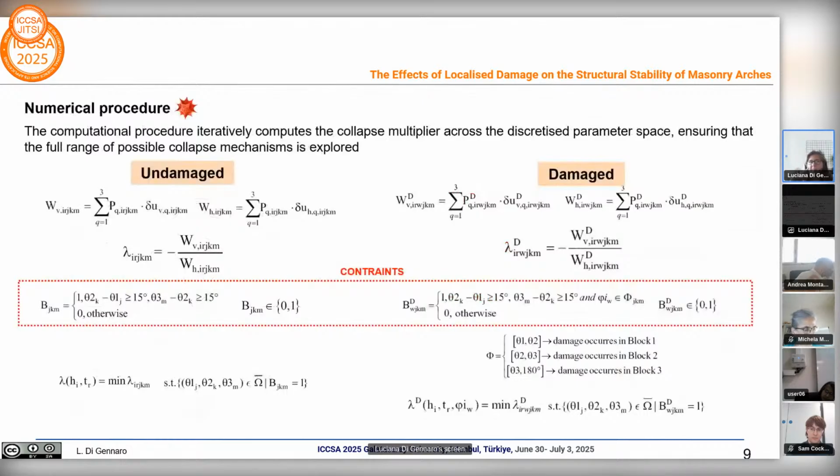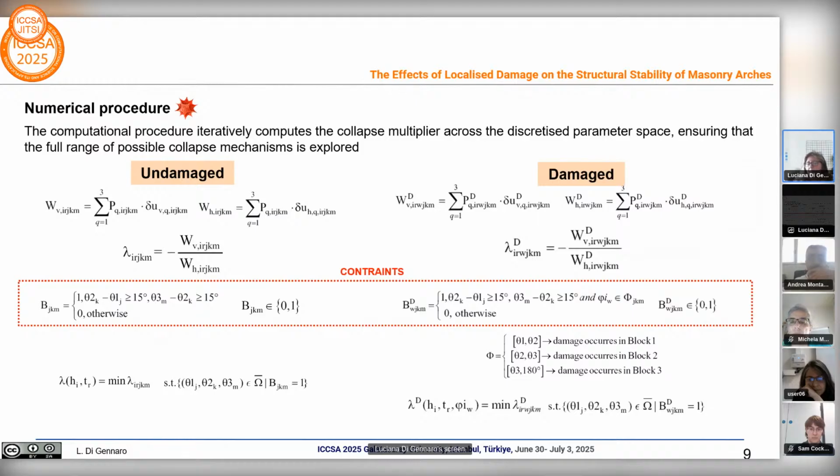So a numerical procedure was developed in Wolfram Mathematica to systematically assess the sensitivity of lambda. H and T vary, as explained before, and each triplet of theta angles defines the angular position of the hinges in the 4-block collapse mechanisms. And for each pair I and R, which are the indices corresponding to H and T, the rise and the thickness, representing the discrete values of rise and thickness,